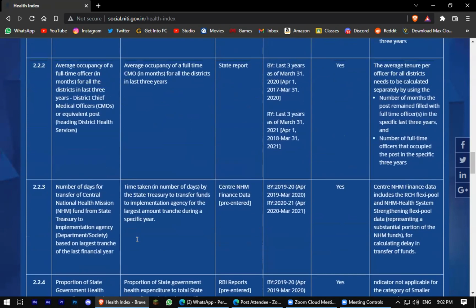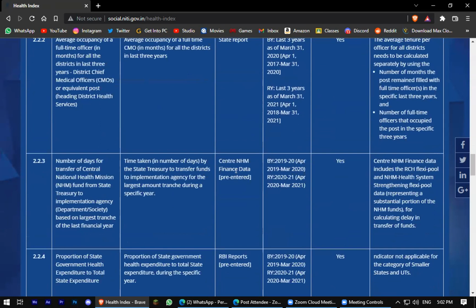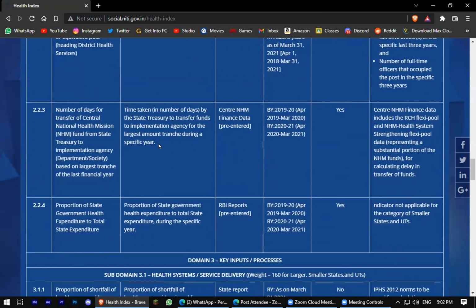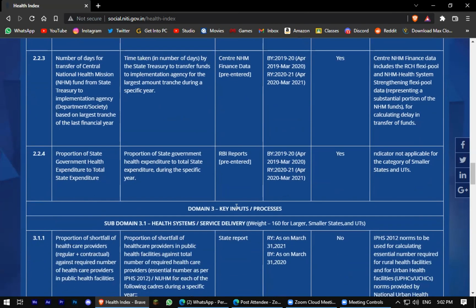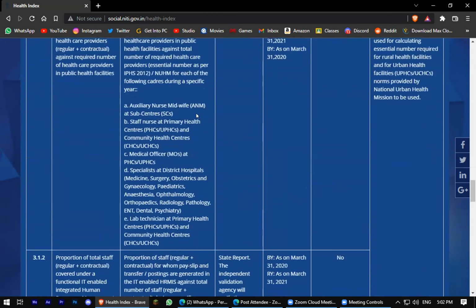Who is giving what? Even we can see here. State report is given, state report is given for this. NHM is giving the finance data for this actually. How many days it took to transfer the money to the implementing agency. RBI is giving this report, proportion of state government health expenditure to total state expenditure, because RBI got this particular data actually. State report about auxiliary nurse midwives, staff nurses, medical officers, specialists at district hospitals, specialists like surgeon,